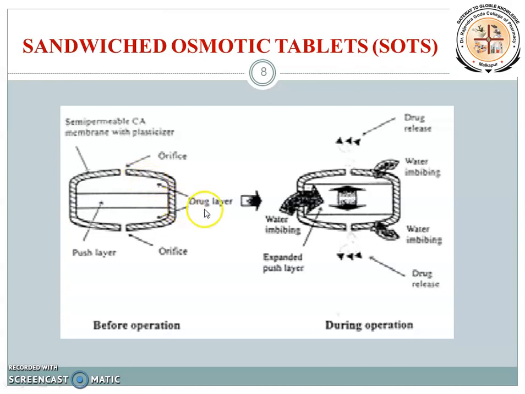When such systems are administered and come in contact with the fluid, water may enter through the semi-permeable membrane into the osmotic agent compartment, and as this osmotic agent compartment is a flexible one, it absorbs the water, then the osmotic agent gets dissolved and creates an osmotic pressure on both sides, and the drug may be released from both orifices in a slow manner for a prolonged period of time. So such a system is called a sandwich osmotic pump.